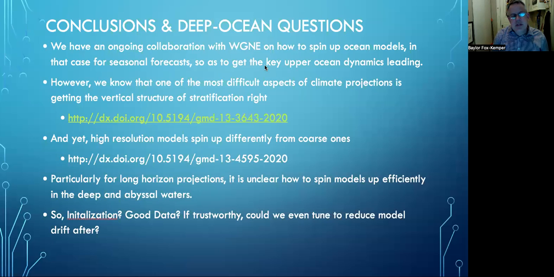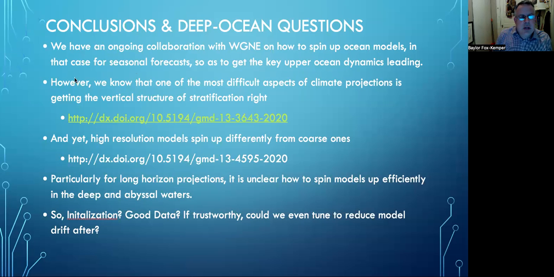So when we jump over to deep ocean questions, the kind of things that we're interested in is really how do you spin up a model? How long does it take? Can you speed it up? All those kinds of things. We have an ongoing collaboration with the working group on numerical experimentation on how to spin up ocean models. In that case, think about the seasonal time scale, where you really want to get the key upper ocean dynamics